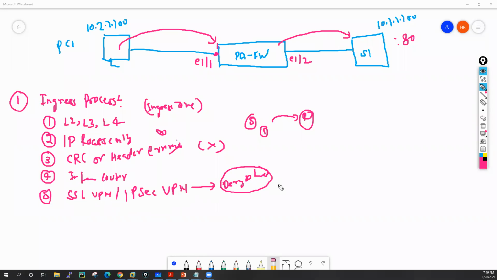After decryption, it will get the actual IP header, and that actual IP header it will again send for the ingress process. After completing the ingress process, the Palo Alto firewall sends the packet for firewall inspection.